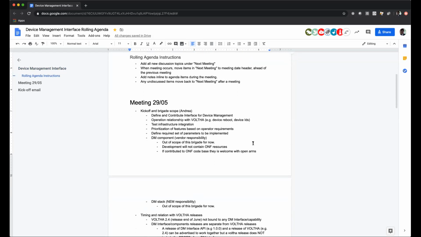But let me also be clear that it's not in the scope of this brigade or the people discussing the interface to build a device management component. That will be a vendor/community responsibility, which implementation is out of scope of this brigade. The development of those device management components that implement the interface that this brigade decides is the proper one will not contain any ONF resources, given the already very thin group of people that is stretched upon the different tasks